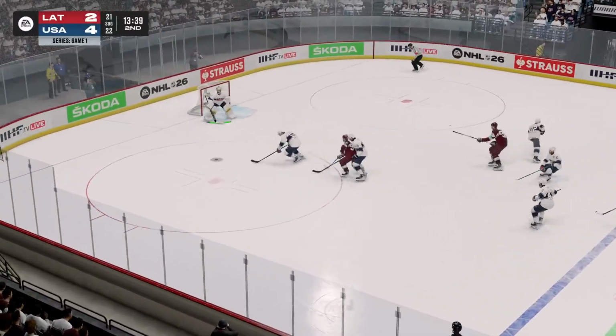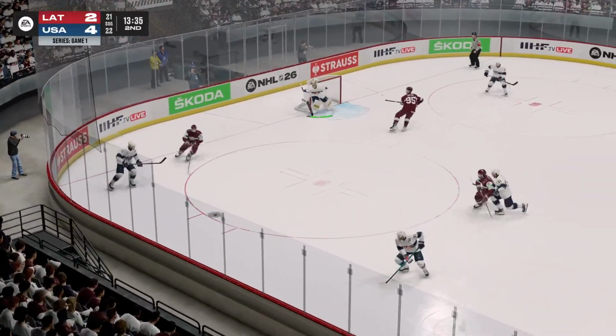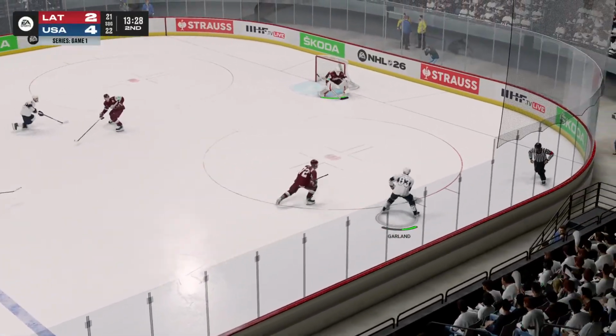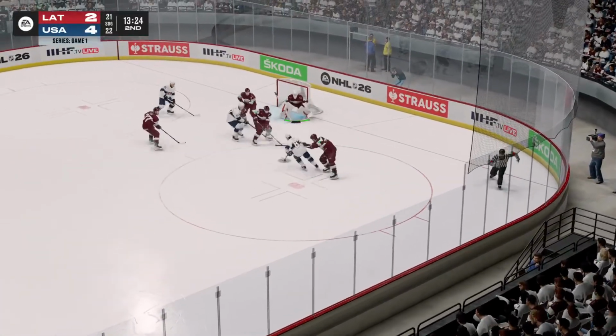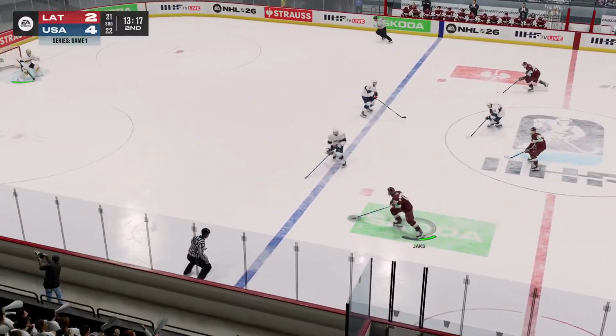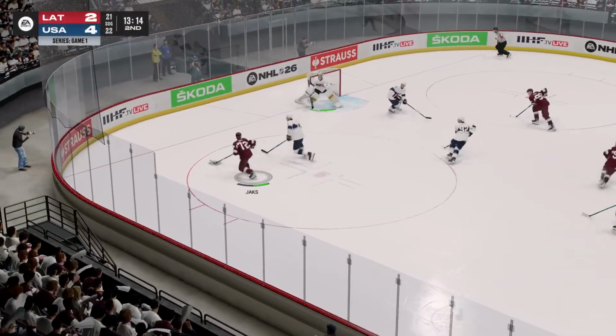Eagle turns back here for Latvia, tried to get his way through the crease, and he's cut off by Brady Shea. For the second goal here for Latvia, we've got a 2-goal game. Garland button hooks, cuts inside, and taken away. Here's Yachts up ahead, the goal scorer for Latvia.